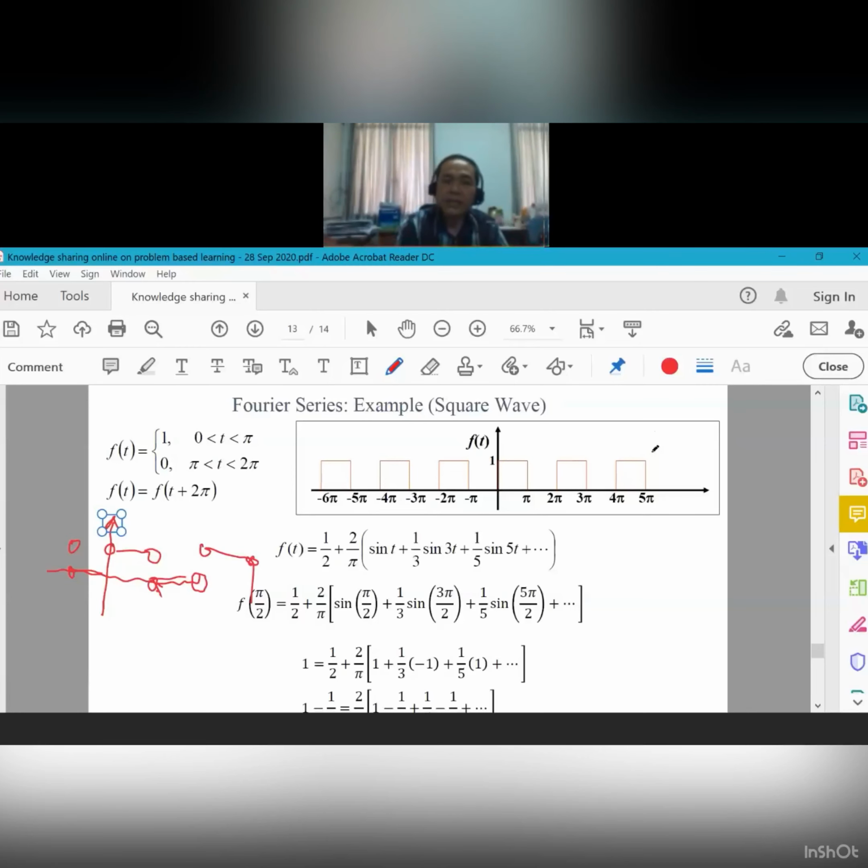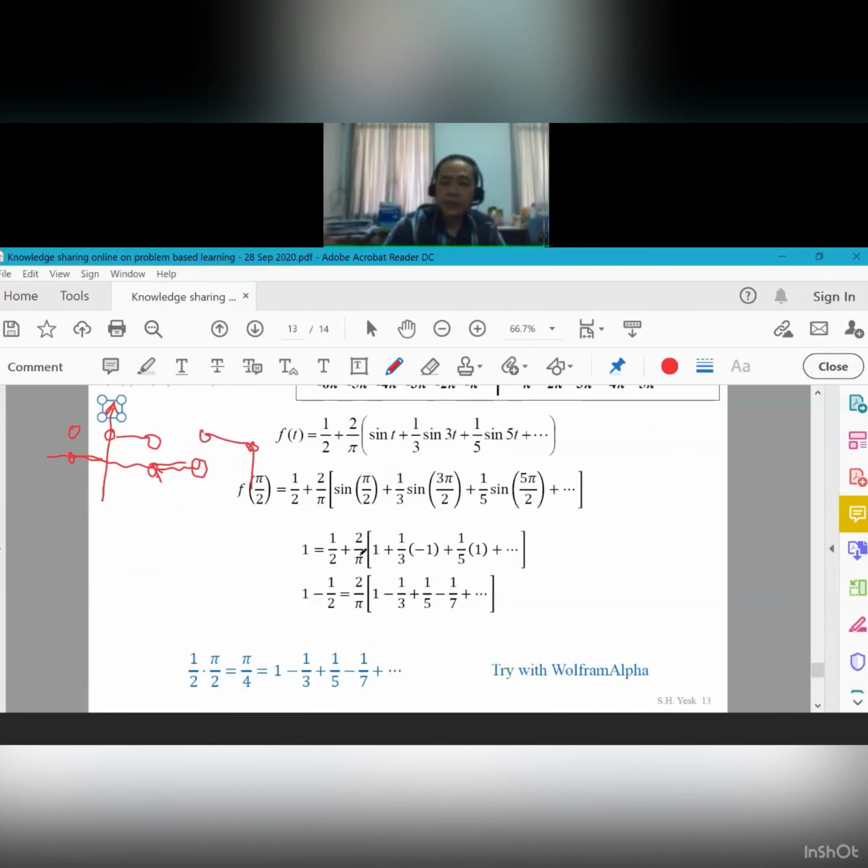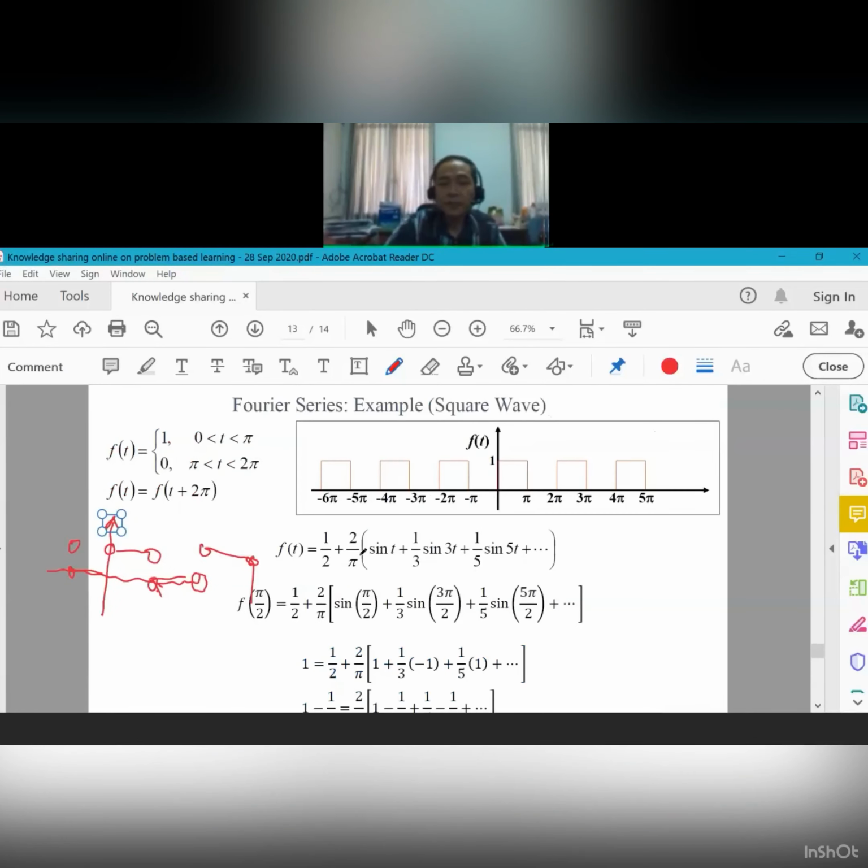Even though this graph after the Fourier series is slightly different from the original, what is the importance of the discontinuity? Actually, it's not important when we are solving the problems. The discontinuity is important when we are talking about the definitions. So we need to share this kind of experience with them. Okay. After that,